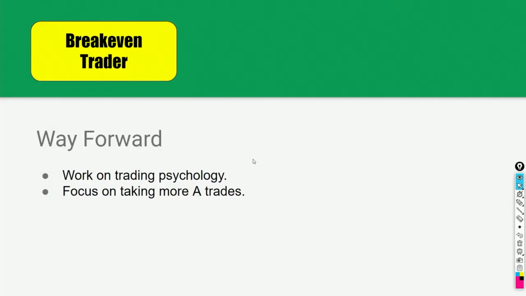All right. So what is the way forward? Again, you have to work on your trading psychology, but again, you need to understand this is a completely different kind of trading psychology. So trading psychology is not the same for someone who has blown his account and someone who is able to make break-even. You have to focus on your A trades, trades that make money for you. You have to study them. You have to look at your psychology, your mental makeup when you are trying to take a trade, market situations, everything. You have to find out everything about those profitable trades that you can, so that you can repeat the